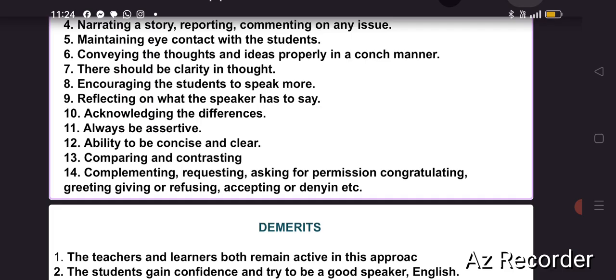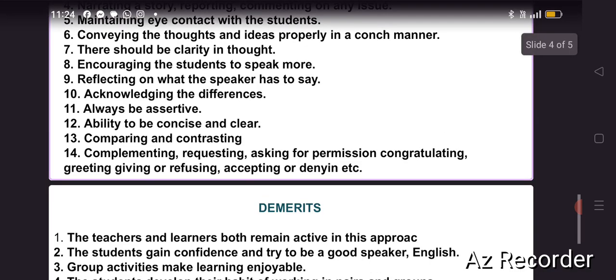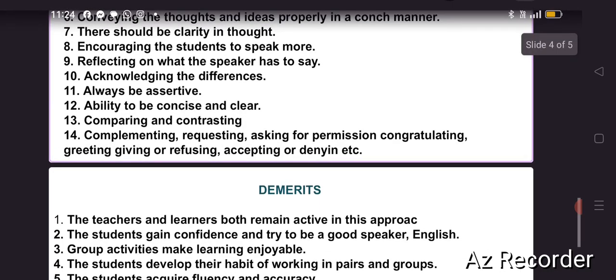So just like speaking by requesting, asking for any permission, may I come in madam, may I come in sir, okay, may I go for drinking water, okay, can I eat my tiffin, I become hungry. Okay, just like we have to ask,